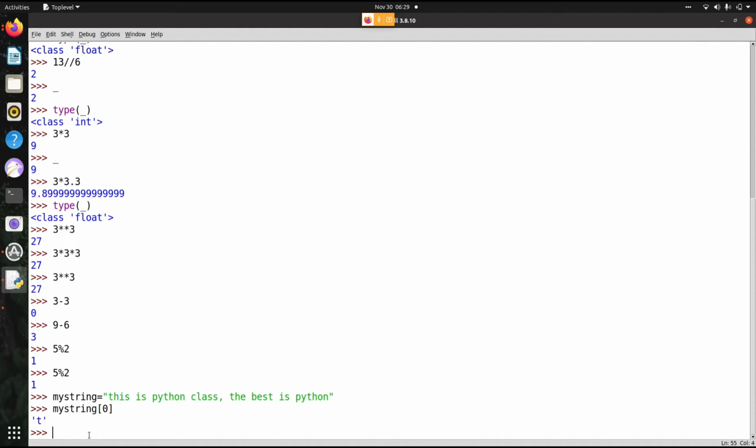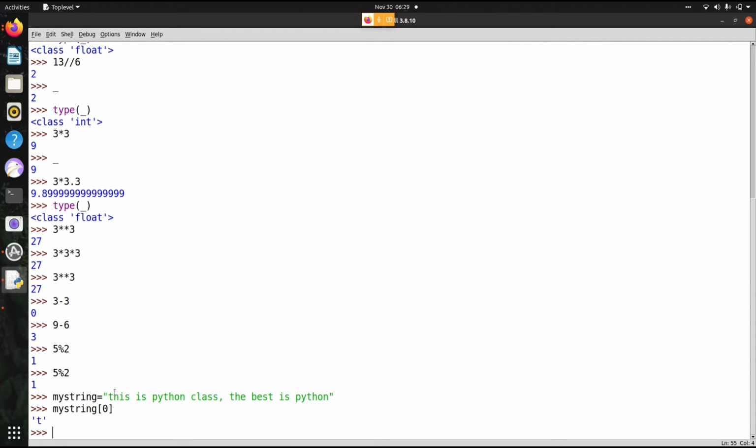What is the meaning of this? My string 0. It is saying, boss, I am a sequence of characters. The string is a sequence of characters. When I say 0, I am counting the first one here.